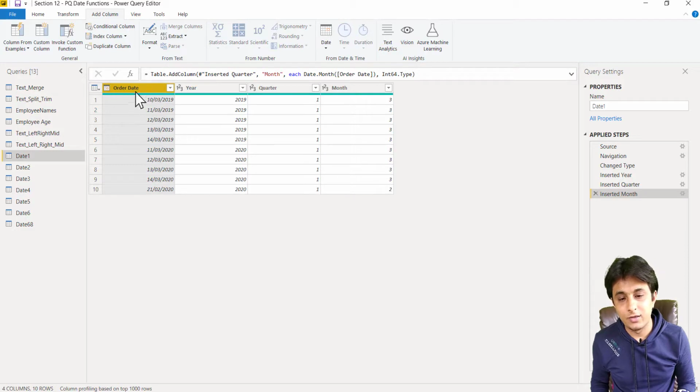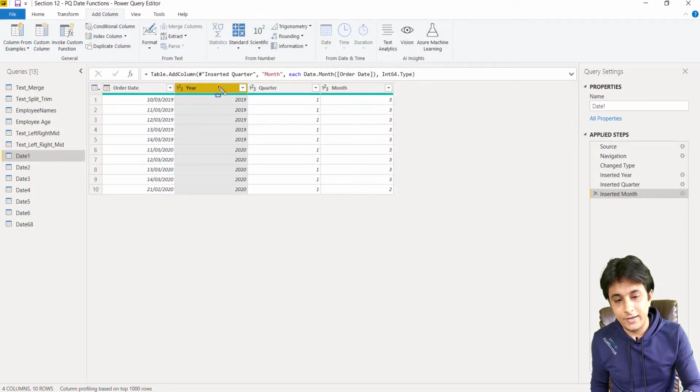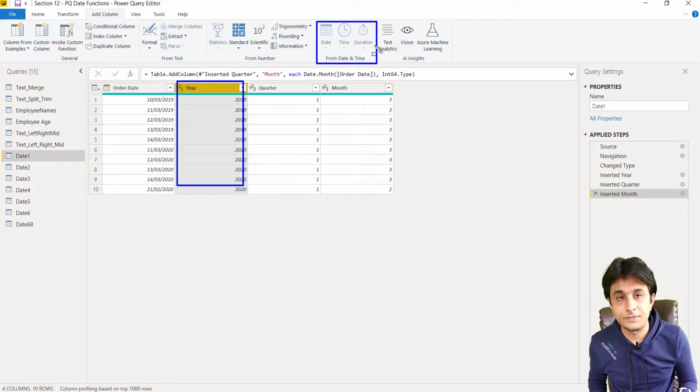And the last one, if I want to find out day, I can click on this option again. Why am I clicking on the first column? Why not on the second column? Because if I click on this second column right now, you can see this date and time option is disabled because this feature will only work when you have date and time.